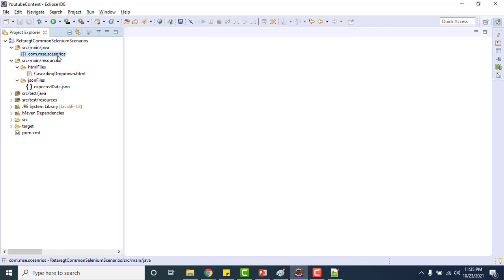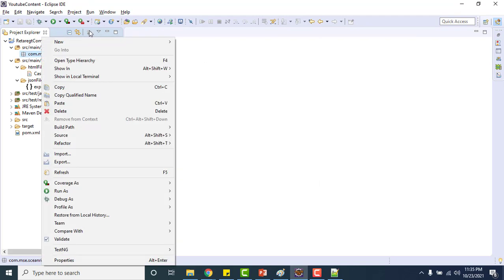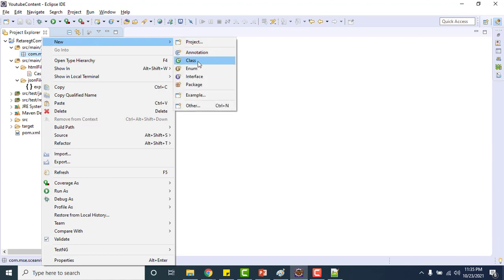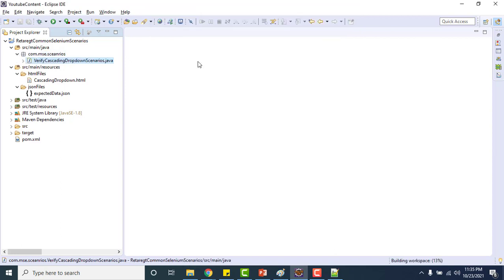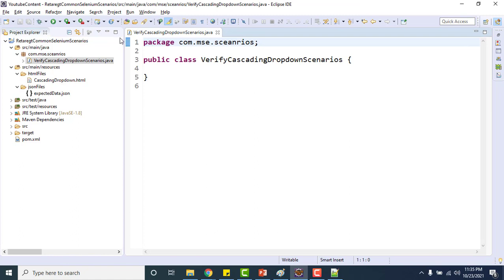Okay, in this I will create one class, and let me give a meaningful name like verify cascading drop down scenarios. Okay, perfect.